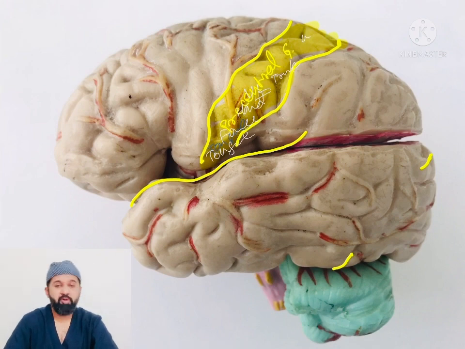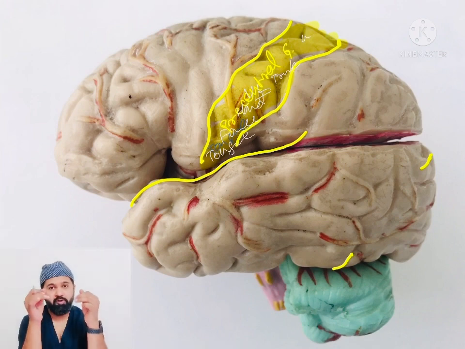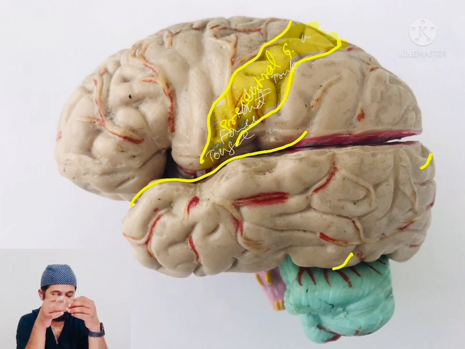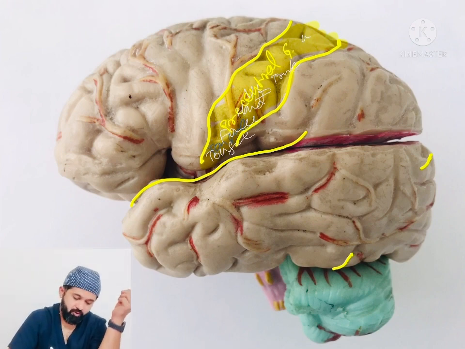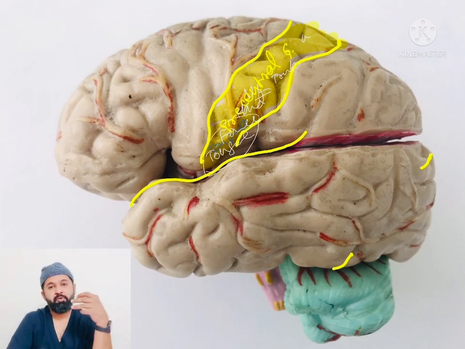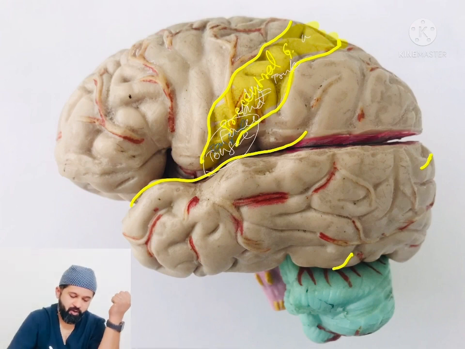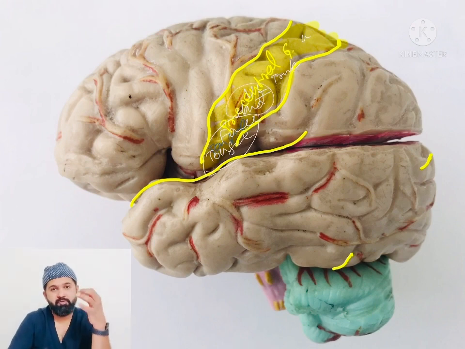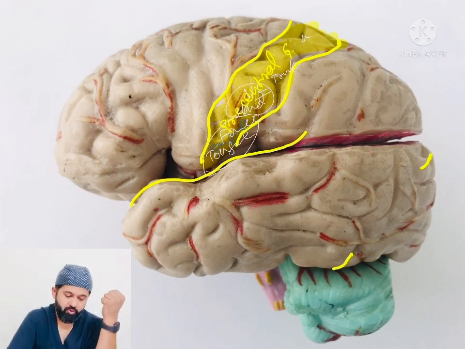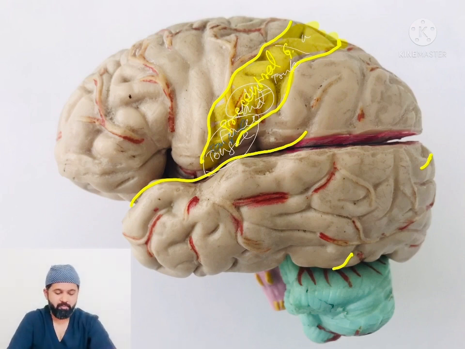Now also note that all these parts are not equally divided in the motor homunculus. The part which has finer movements is represented more. Hence, the tongue and face, which are responsible for the production of speech and also facial expression, have a much larger area compared to the lower limb or the feet. Again, the hand and the fingertips have much more area covered on the motor homunculus. And the upper third part, or the part that is closer to the medial surface, is represented by the lower limbs.